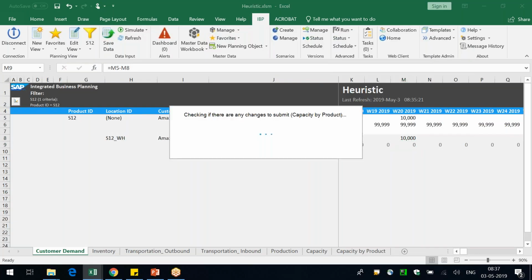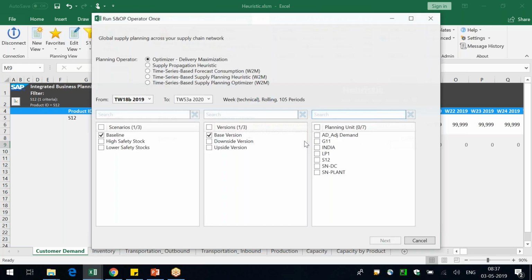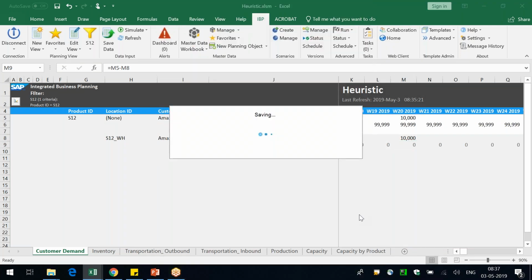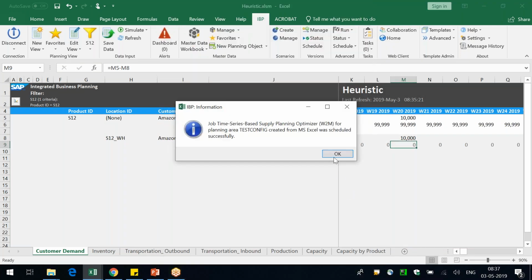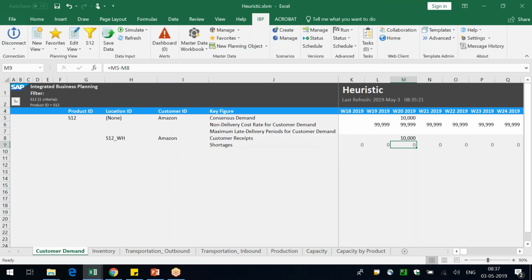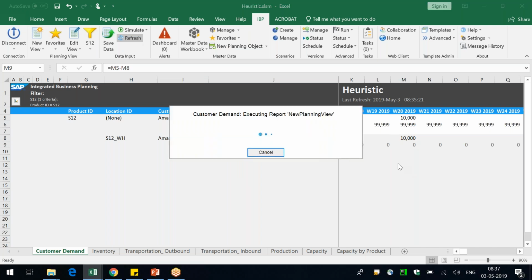Now another point that I want to highlight here, guys, is how supply planning usually works. If there is a demand on a period t, it will try to meet the demand on the period t itself. It will not do it prior to period t or after period t. So if it can do it, it will do it in that current bucket. Then if it cannot, you will see some shortages.